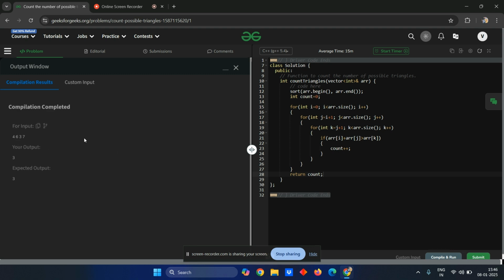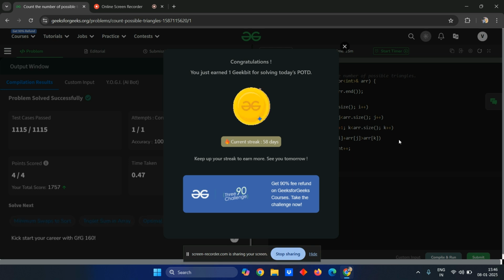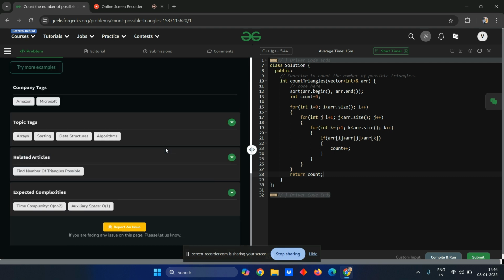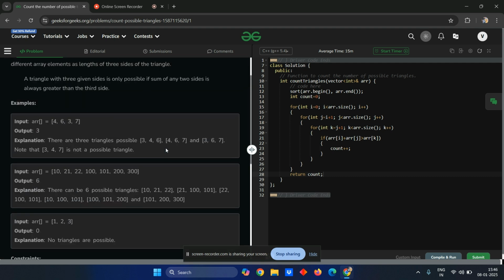So yeah, compilation is completed. Let's try to submit it. Yeah, so it is submitted. Basically I've done this problem with a time complexity of order of n cube, as we're using a for loop three times. But the question expects us to solve it in order of n square,